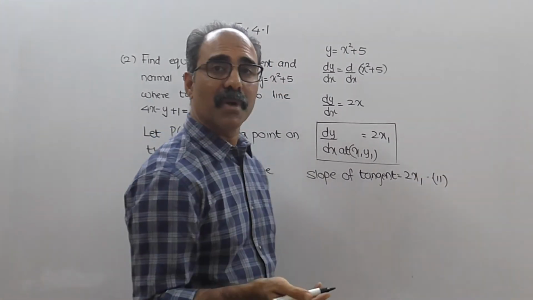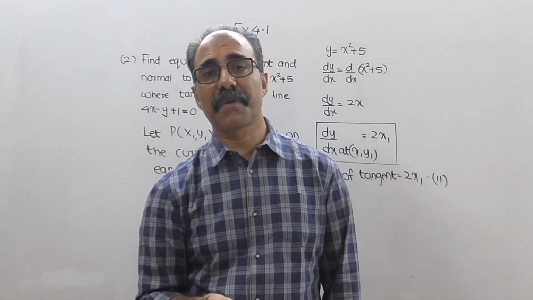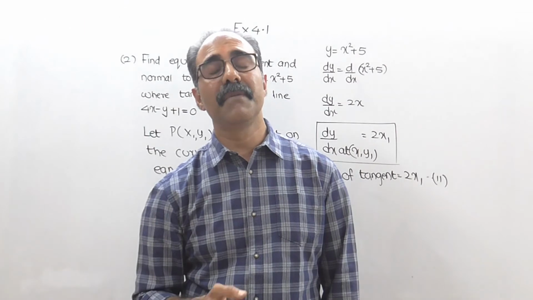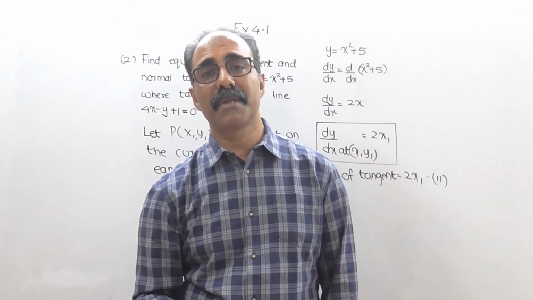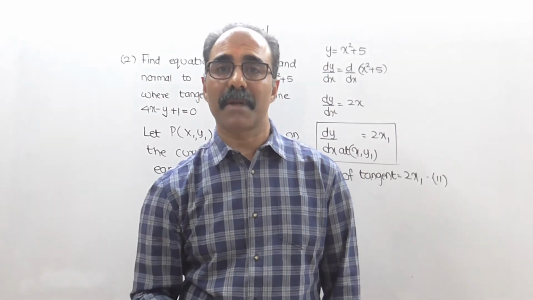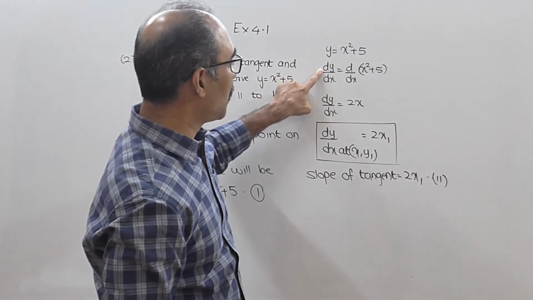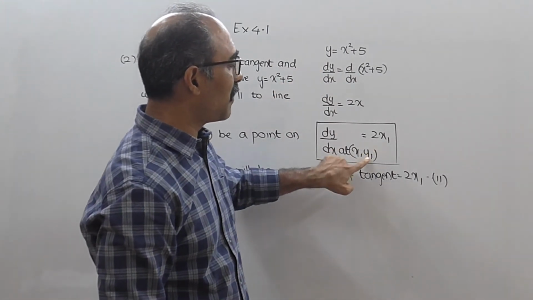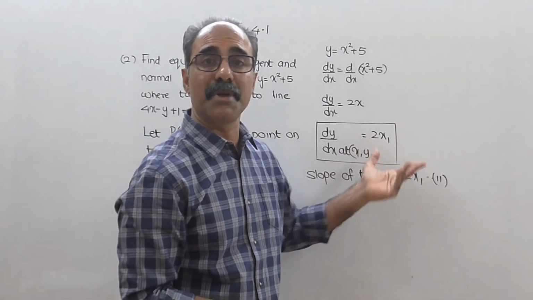See, before this, how were we doing the sums? First, the question gives you the equation of a curve, we find the derivative of the curve. After having found the derivative, we substitute the coordinates in it. The moment you substitute the coordinates in it, you get the slope of the tangent. So the same thing I have done. The equation of the curve is here. I have found the derivative, and in that I have substituted x1 in place of x and y1 in place of y because I don't know the coordinates. If I don't know the coordinates, how am I supposed to substitute?